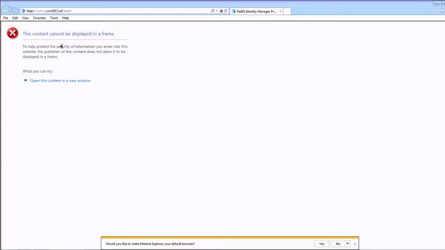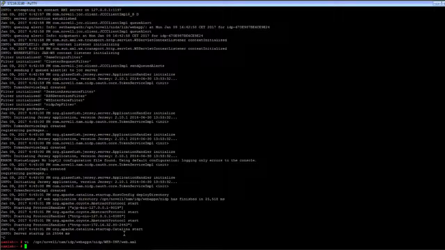And the reason you get the error message is because of some security changes to the NAM IDP headers, which is preventing the posting or submitting of data over to the IDP side. You can fix the issue by going to the configuration and specifically modifying the /opt/novell/nam/idp/webapps/nidp/web.xml, a real mouthful there. But if you go in here,